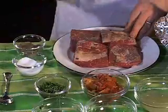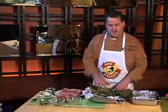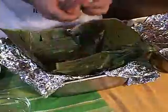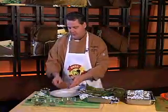The next step is we will place this into a baking dish that we've lined with aluminum foil. And here at Dos Caminos, we also line it with some fresh banana leaves. That gives it a really nice herbal flavor. We're going to place the brisket into the lined dish, and then we're going to